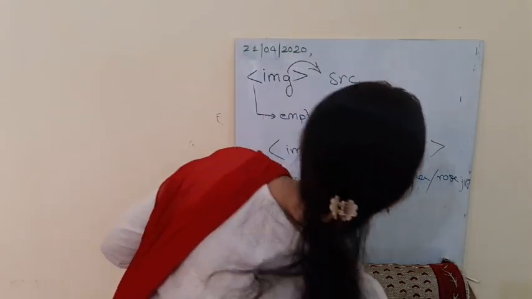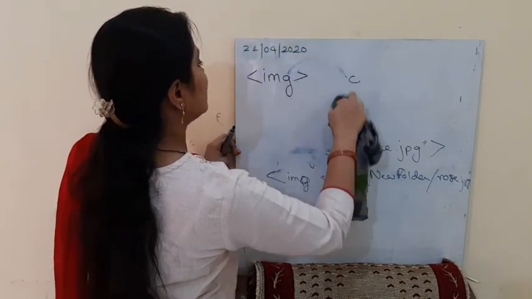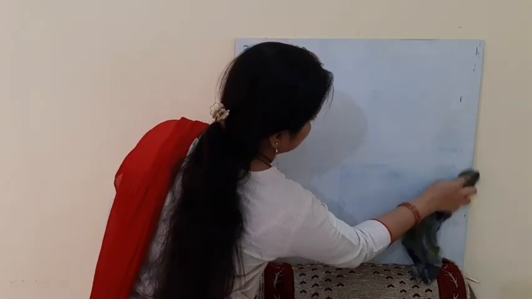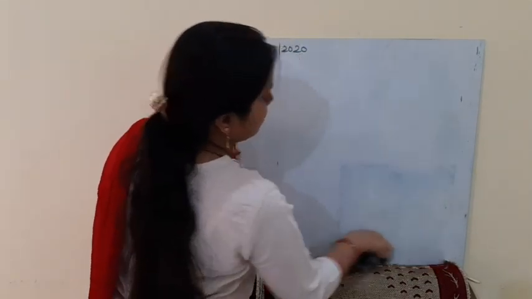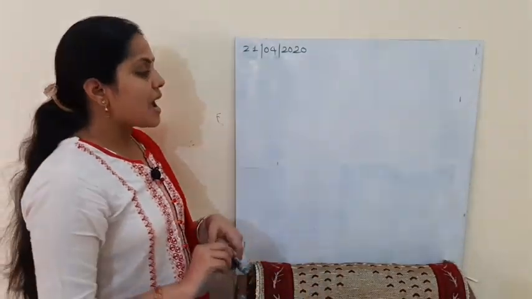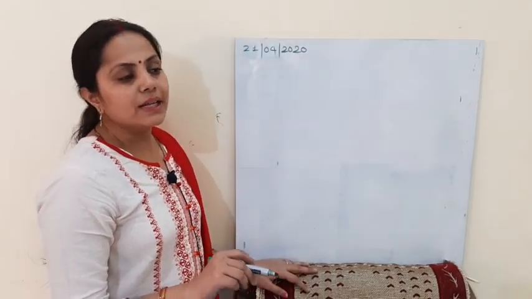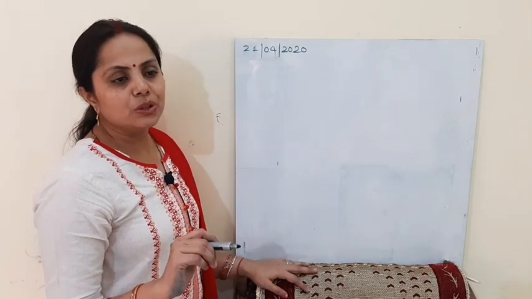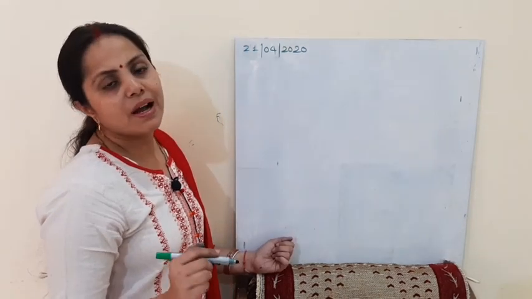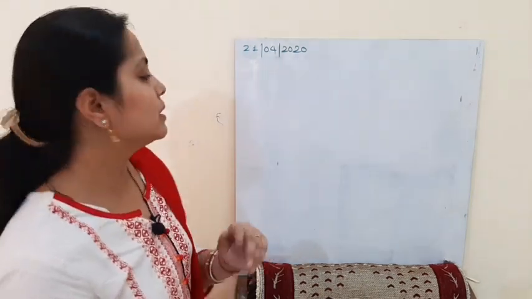Now let's talk about various attributes of the image tag. So what are attributes? Can I ask you at the moment? Please think about what attributes are. See, attributes are properties that are related to that tag. You have to keep this in mind. I cannot have the size attribute with the image. Why? Because size is defined with text. So attributes are always related to the tag that I am using.